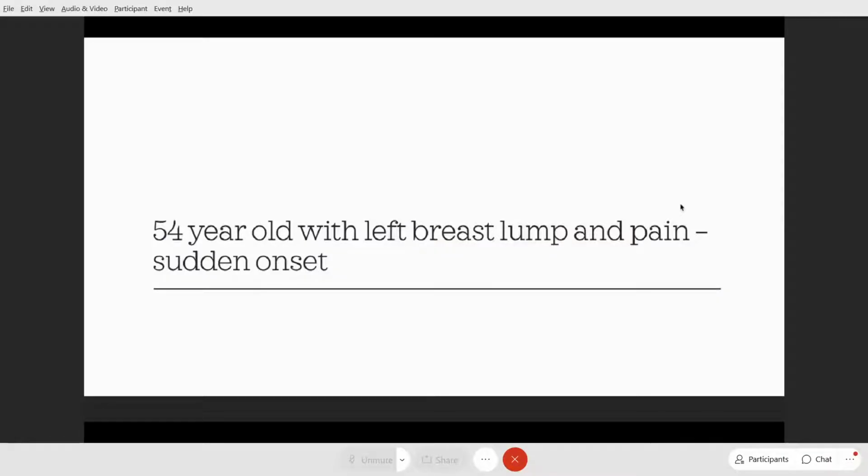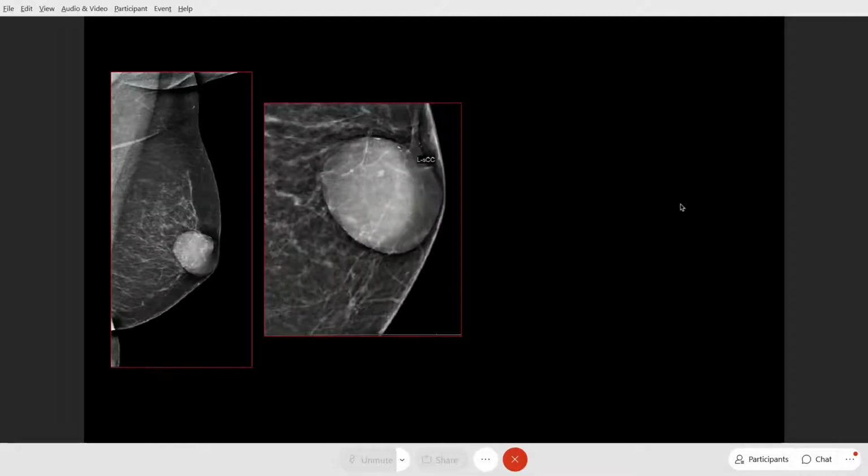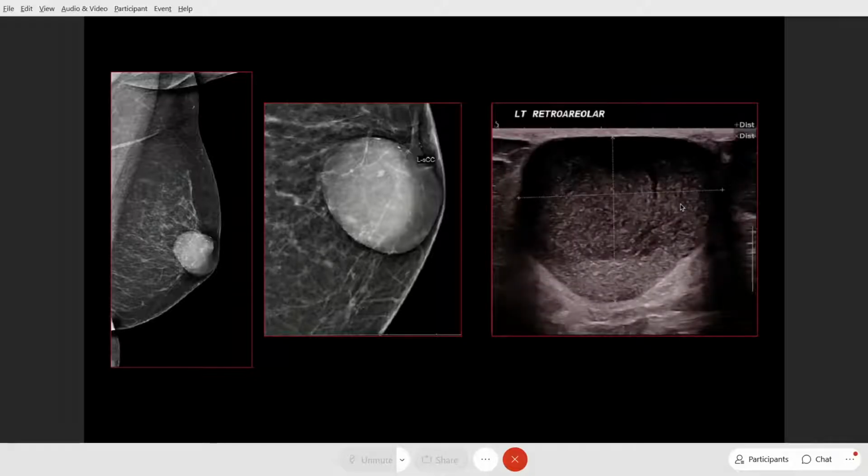This is a 54-year-old lady who presented with a left breast lump and pain. Again, note this is a sudden onset of breast lump and pain. So again, mammogram was done, which also shows the mass with beautifully circumscribed margins. Nothing beyond that. The ultrasound shows a cystic lesion. Though I have not shown you a video, all these are free floating internal echoes, and you can see that there is a fluid debris level. So this is a complicated cyst because she presented with breast lump and pain of sudden onset. So that's what we think, right?